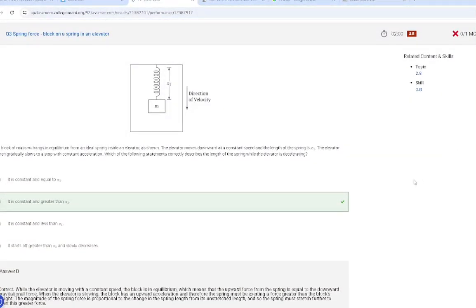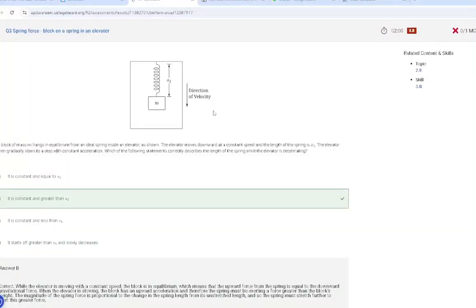For this problem, I didn't read the question properly, because it says it's coming to a stop with constant acceleration, and it says the mass is always hanging at equilibrium. So during the first part, the elevator is moving downward at constant speed, which means the length is just constant, and since the elevator is gradually coming to a stop with constant acceleration, that means the acceleration is pointing upwards, and so it's